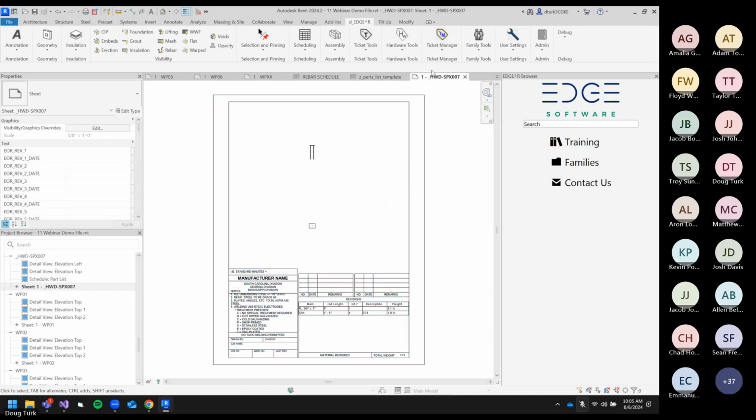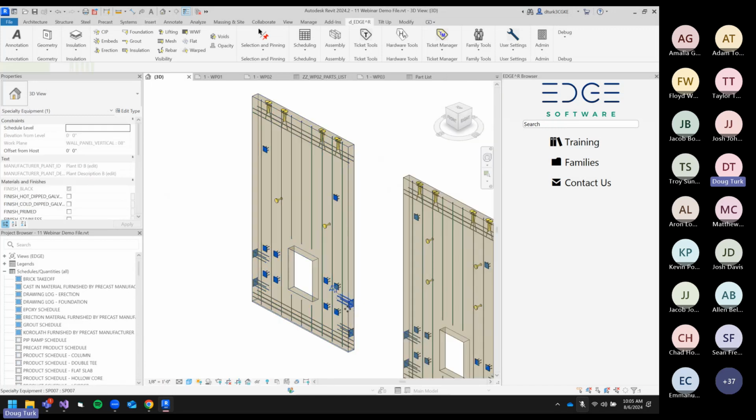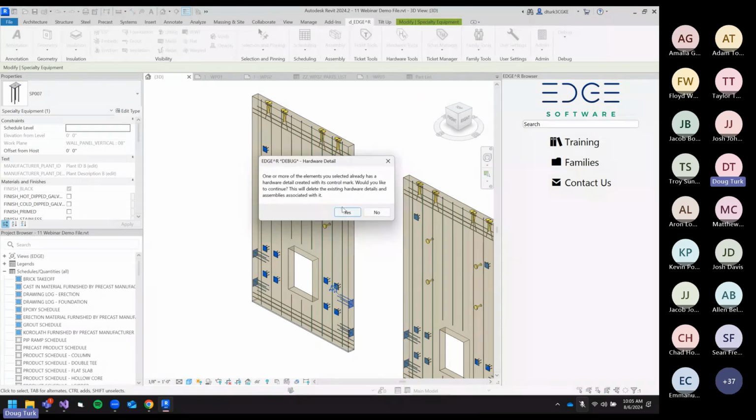So again, because we did set up that template, we'll just run the tool again. And this is something to note. It's going to warn you that you're creating a hardware detail for something that already exists, because of how the hardware detail utility works and the fact that it's taking a snapshot of that element when you create the hardware detail,